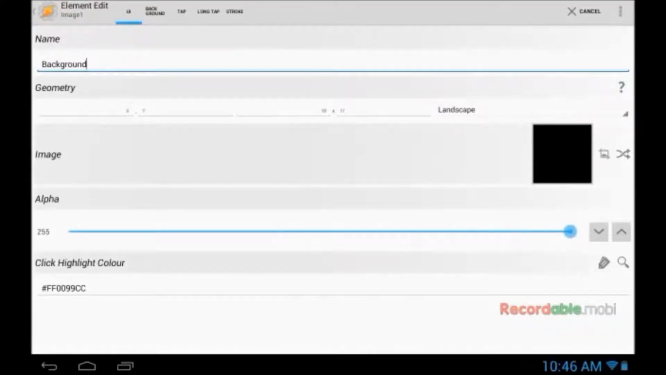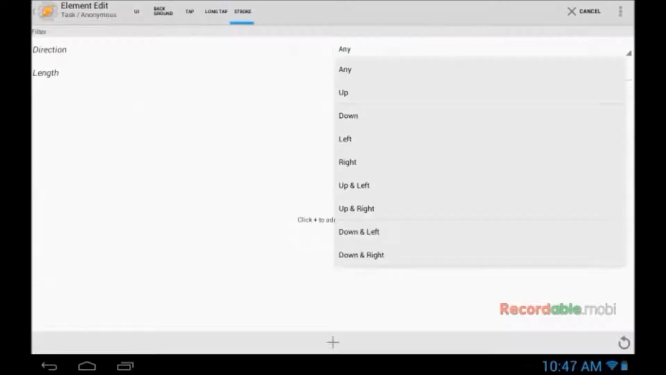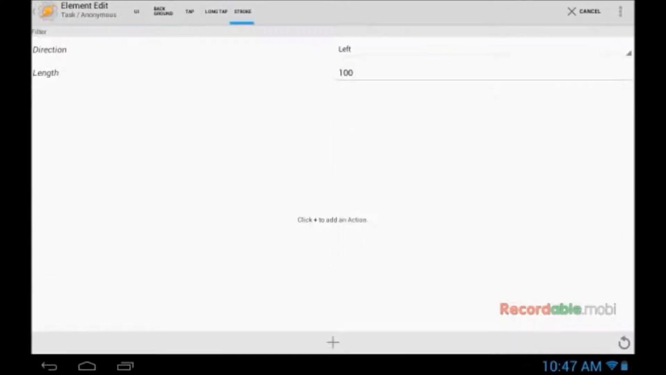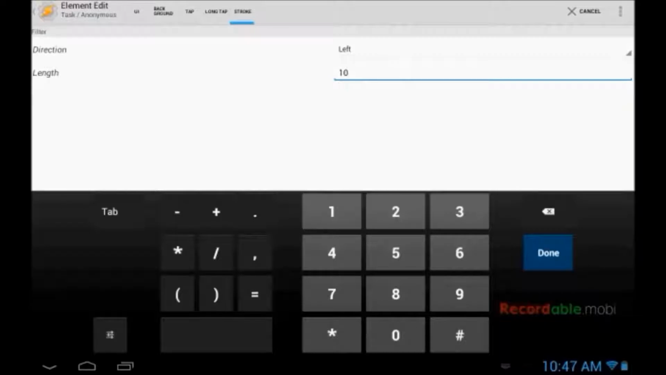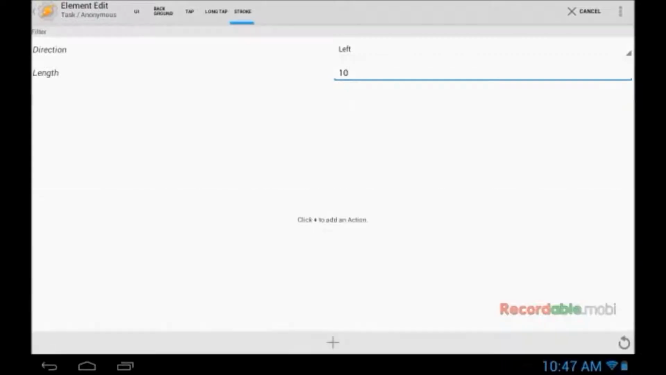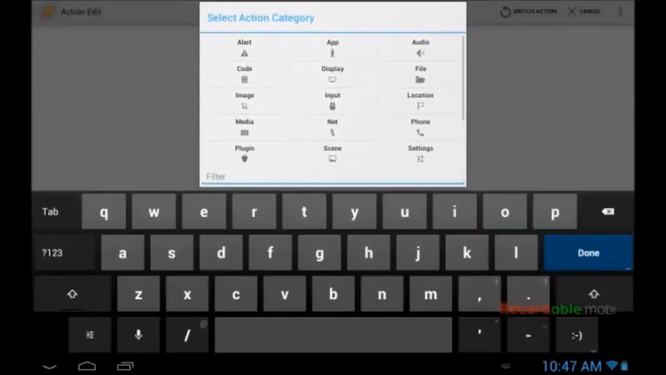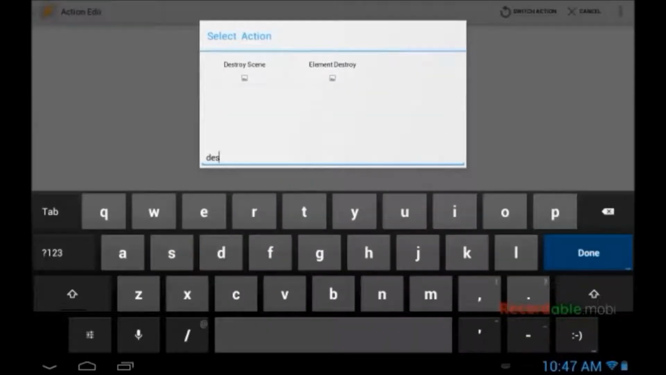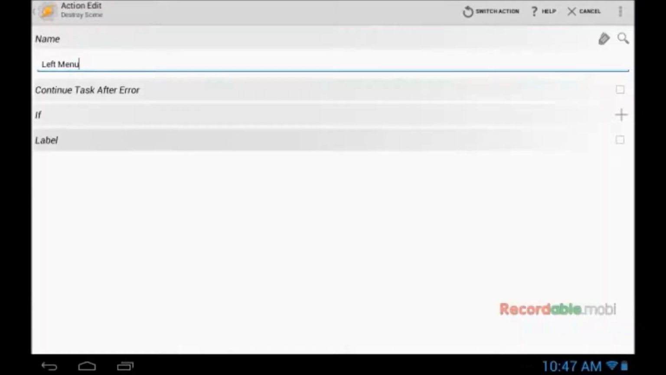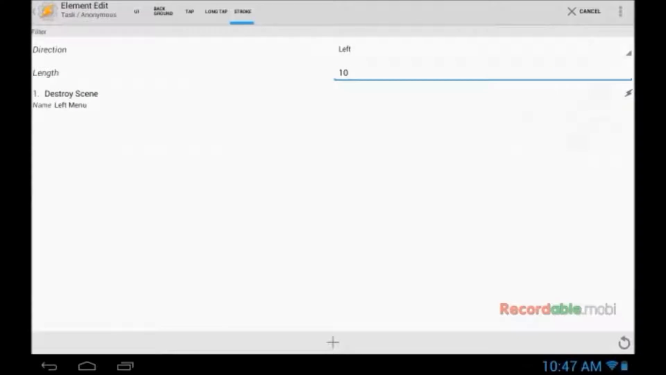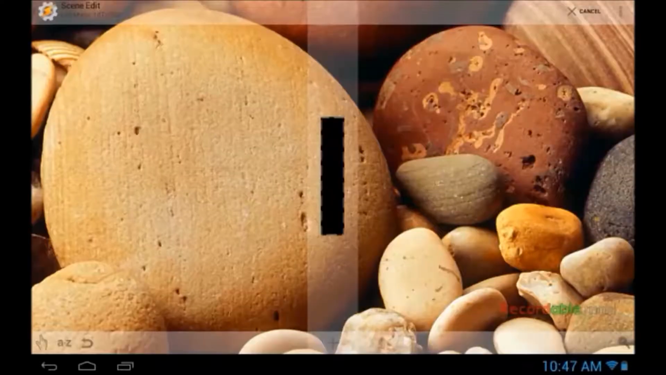And then we're going to go over to stroke. And we're going to set the direction to left. And we're going to set the length to 10. Go ahead and hit the plus button at the bottom center of the screen, and we're going to add a destroy scene action. And as you can see, it's going to destroy the left menu, which is the one that we're making right now. Then go ahead and hit the back button in the top left corner,